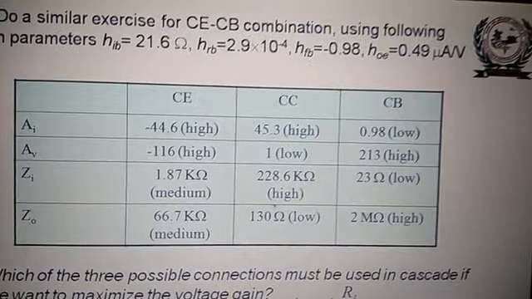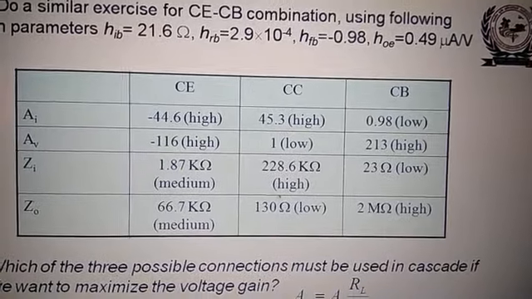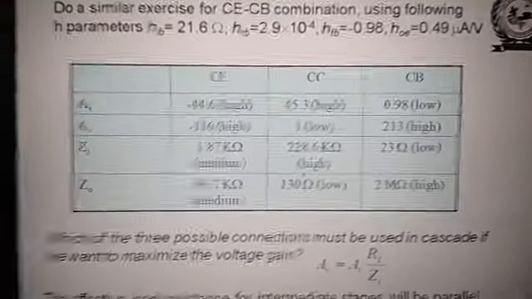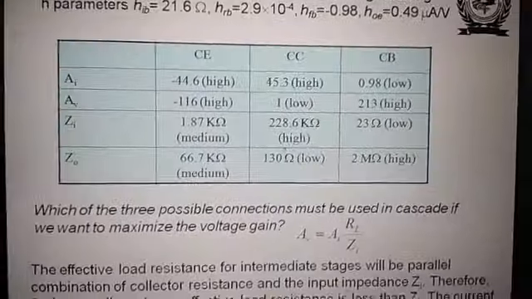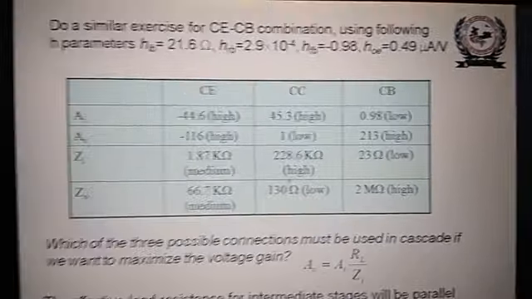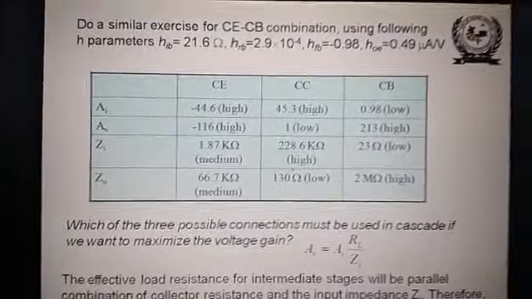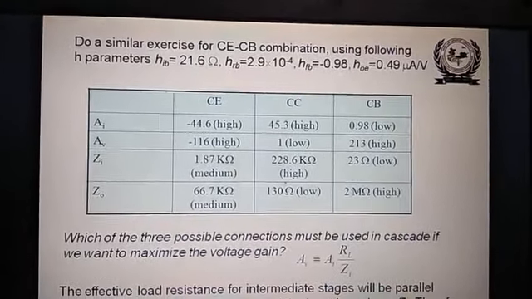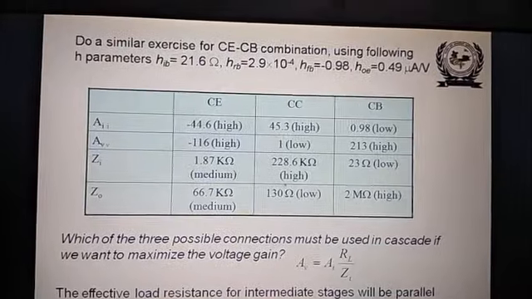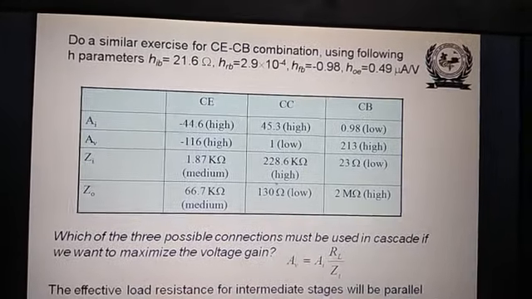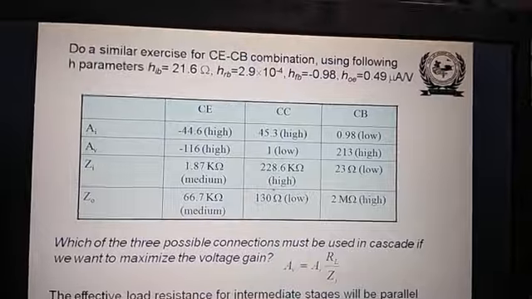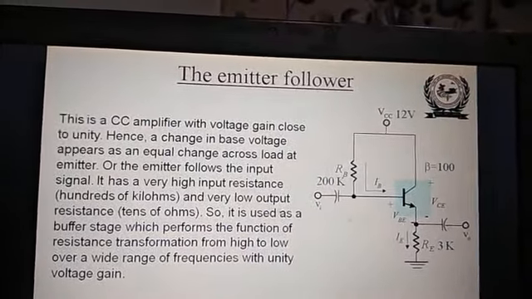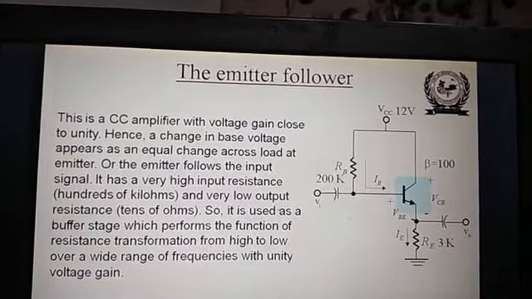This is given for the CE CB stage. These are examples where it is not necessary to go into details. You have to go for the single stage analysis only, not necessary to go for the 2 stage. But for your remembrance, how to go for the multi-stage, this example is shown here. So you must be ready if sometime it may be asked. So this is for H parameter analysis, and here we finish this article of H parameter analysis.